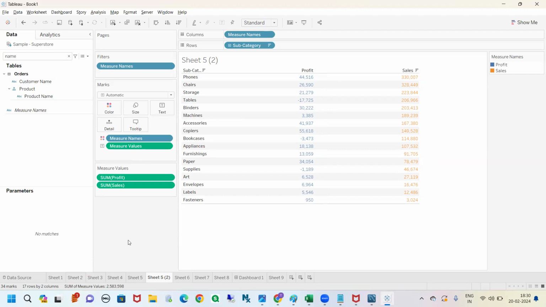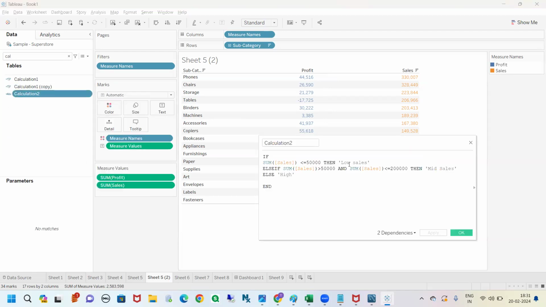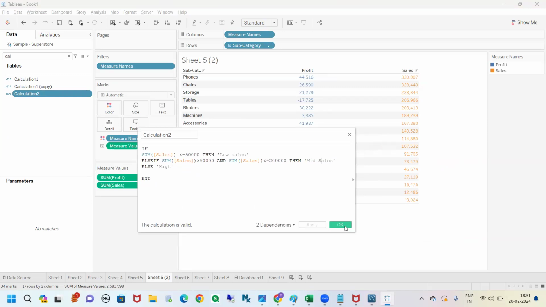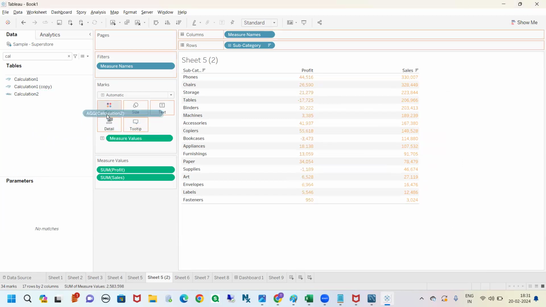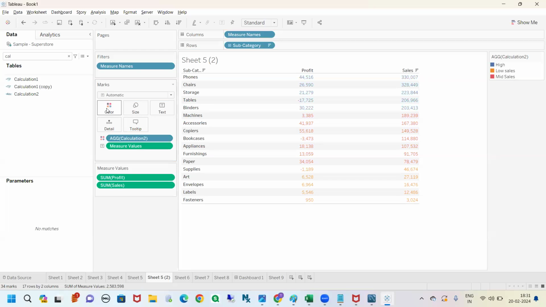Now I want to apply some condition here, which we have already written. Some calculation we have written here. The calculation condition is like this: sales less than 50,000 is low sales, greater than 50,000 and less than 2 lakhs is mid sales, like this, right? Based on some condition, I want to give some color coding to the sales here. So I'll drag the same calculation into the color shelf. But the limitation with this option is, sales is being colored, and at the same time profit is also getting the same color. To avoid this, what I will do here is